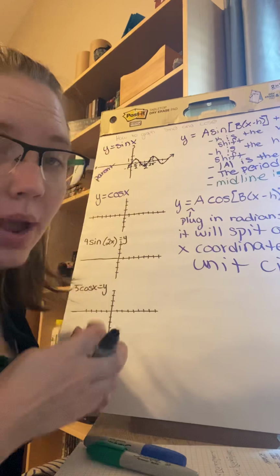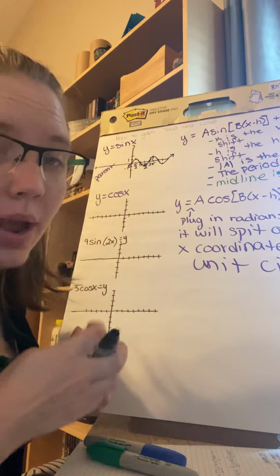Okay, so for this one, I still need its period and its amplitude. Well, the amplitude is really easy to do, so I'm going to do that one first. So I'm going to put it right here as A and P. So the amplitude is the absolute value of 4, right? And the absolute value of 4 is 4. So my amplitude is 4, and my period